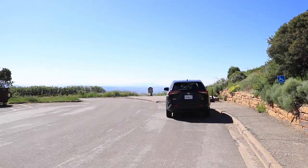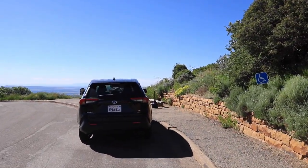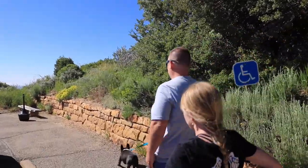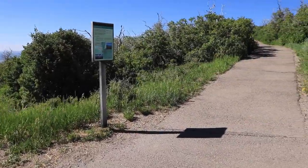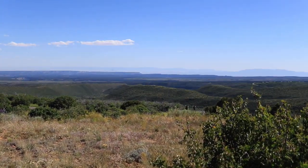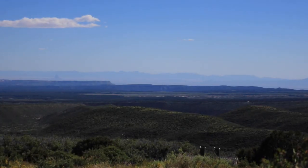All right, we're heading to Park Point. This is just a paved overlook trail, so dogs can roam out here. I don't know if you can see it on the camera. It's very dusty, but out here,